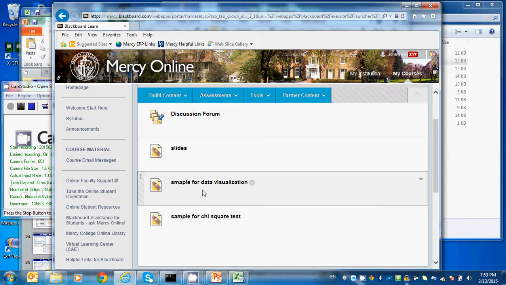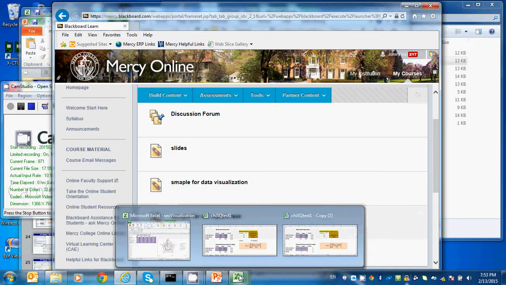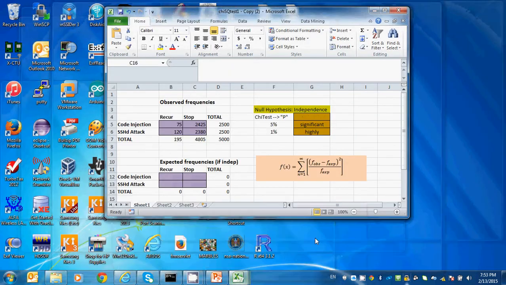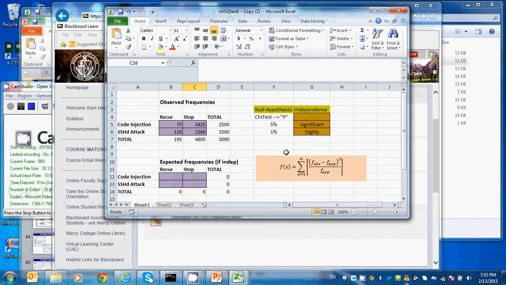chart. Before you choose chart, you need to highlight all the data. Then you can get that information. So from here, you can get, I believe, this. What we will do is,